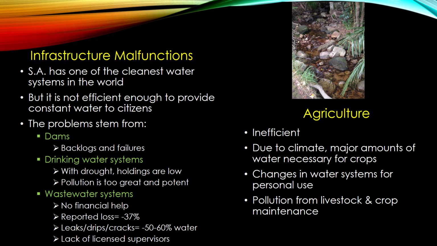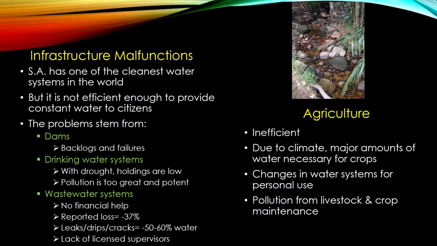Drinking water systems, this includes both municipal and private. The reserves are low, dams are low. The municipal systems are either polluted or contaminated. Groundwater is contaminated. And surface water is contaminated. All this contamination, not only is it going to affect the humans, but it's going to affect the wildlife. And wildlife is going to be very sensitive due to the fact that raw sewage is just going straight into these river systems.